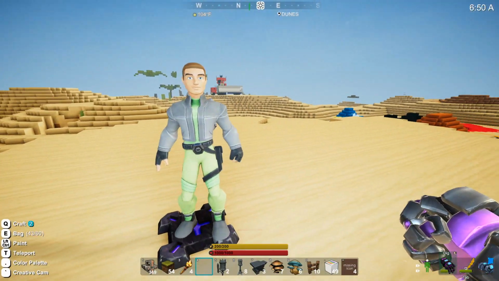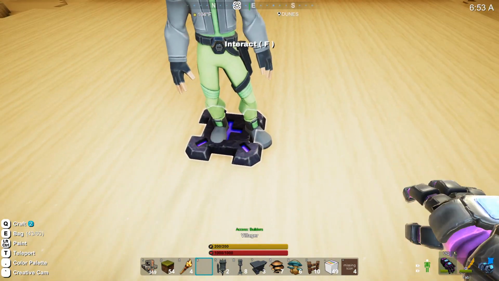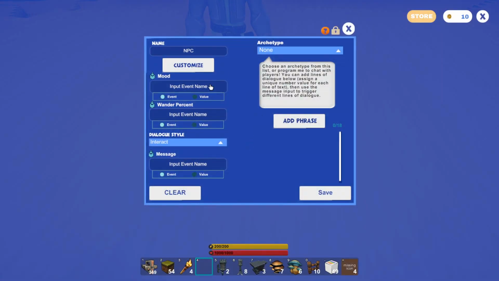So here they are. A little bit of an oversight: to change anything, you have to look at the base plate and press N with a wiring tool. If you press F, you're interacting with them, whereas if you go down and press N, you can do your thing. They can take inputs, so you can have them spit out different lines based on different things that happen. You can have them wander around a little bit. And then the archetype is the